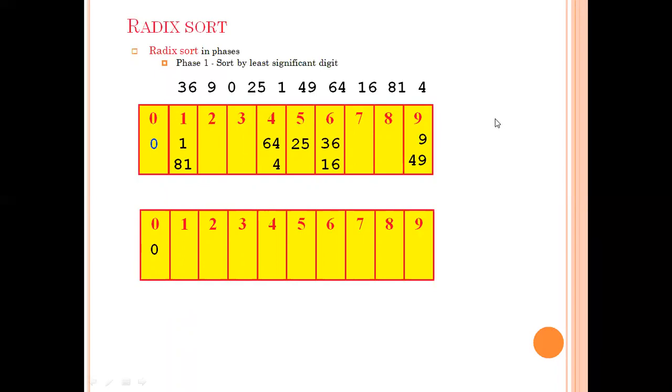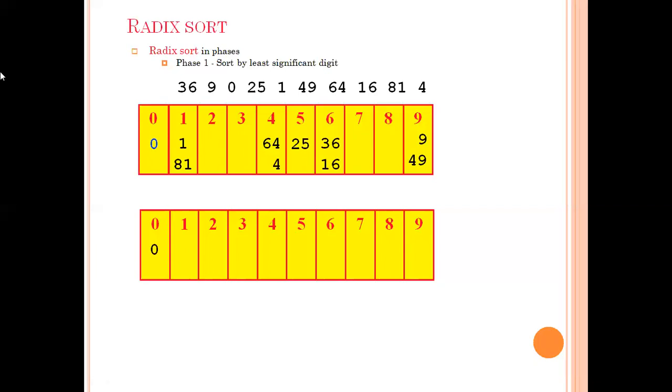A to Z. So how much memory is required? This is the number of radix multiplied by the possible values we have. So if we say n, and say s, then n multiplied by s. So the disadvantage of this algorithm is that the memory requirement is very high.